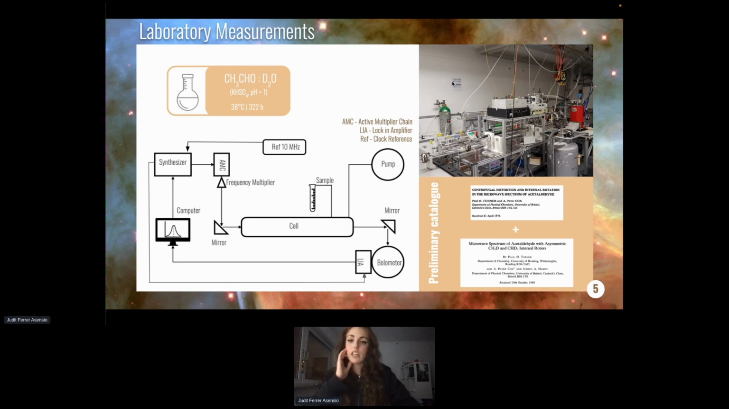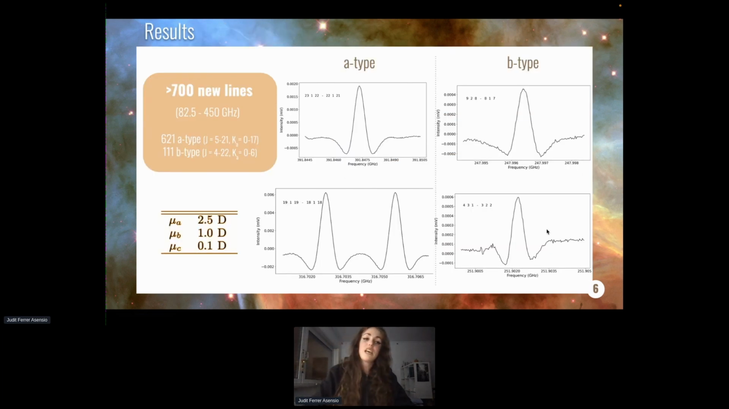This is here in the Center for Astrochemical Studies. And you can see a scheme of the setup here. What we did first was to build a preliminary catalog with the previous measurements that were in the literature. With this preliminary catalog, we were able to record some lines at low frequencies, so low J's, and then upon recording more lines, we would update this catalog and continue measuring. After months of measuring, we were able to record more than 700 new lines